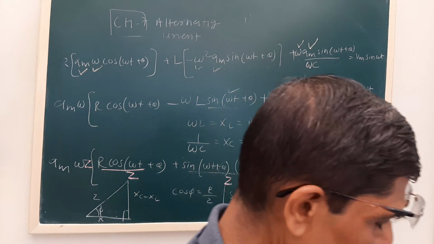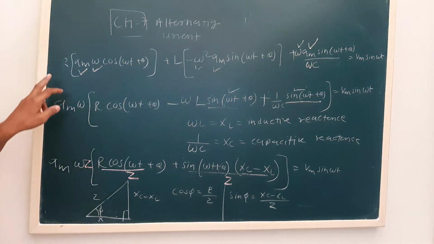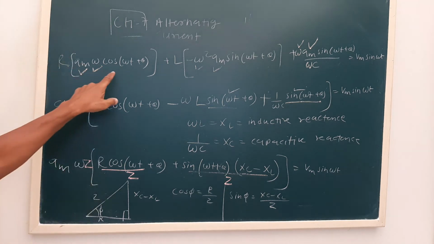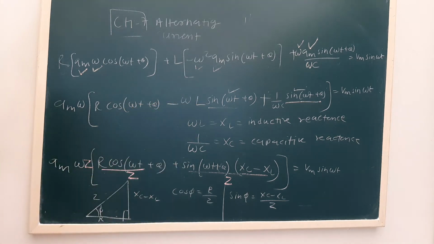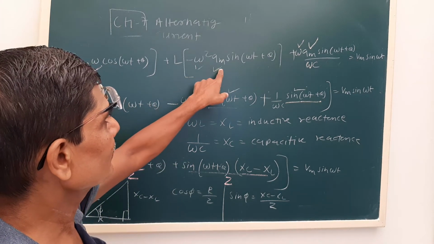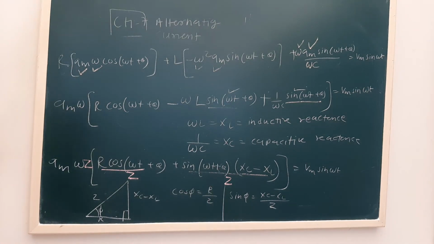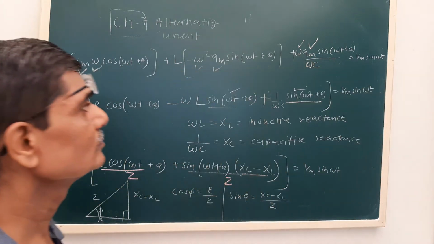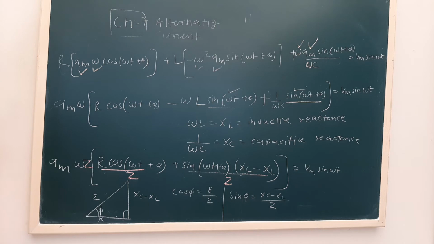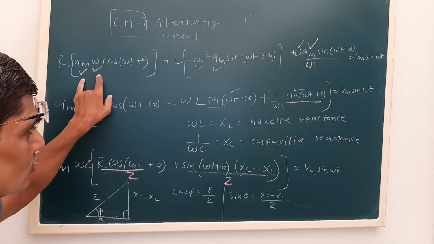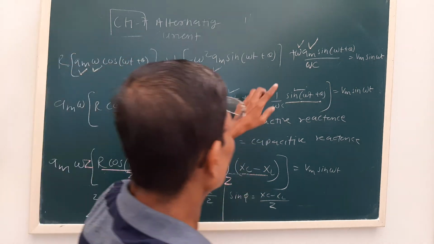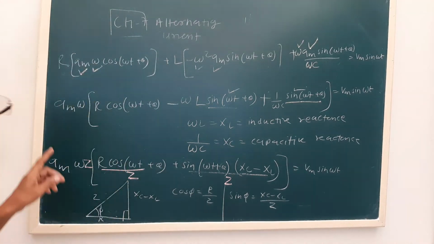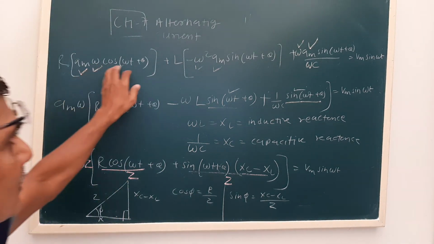Now let me discuss this again. Now see, the I value is Qm omega cos(omega t plus theta). This is d square q by dt square, or di by dt, minus omega square Qm sin(omega t plus theta), and Q upon C, where Q we have assumed as Qm sin(omega t plus theta). From all these three terms I want to take Qm into omega common. Here it is present, here also. Here only Qm was present, so I multiplied and divided by omega. So Qm into omega is common from all three terms on the left hand side.